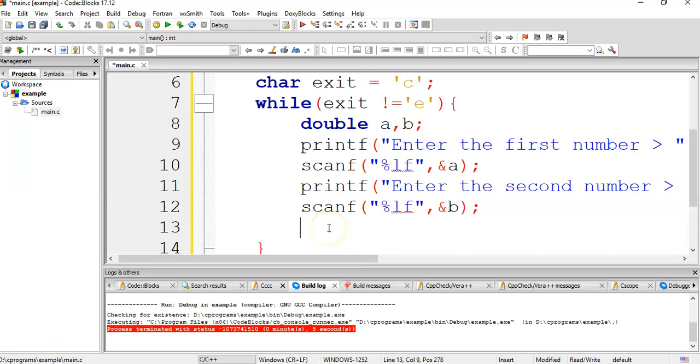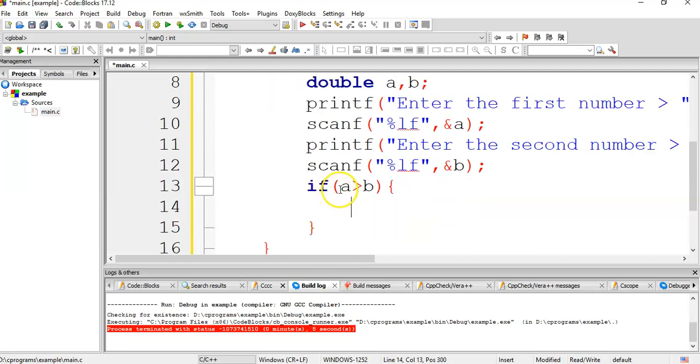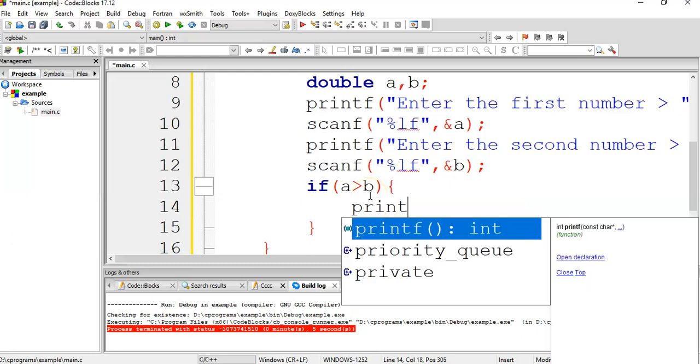So if our A is greater than B, it means our A is maximum and our B is minimum. So printf,